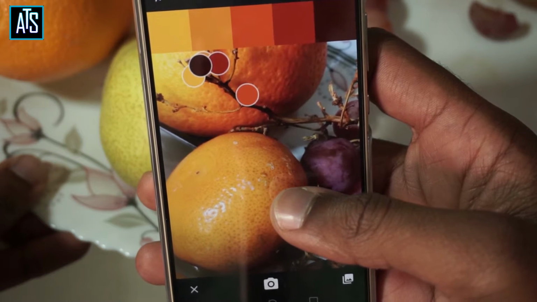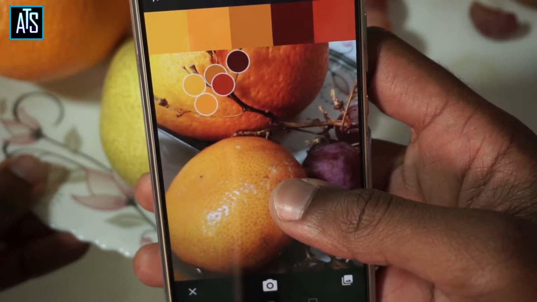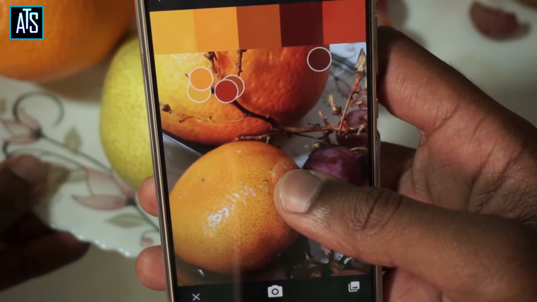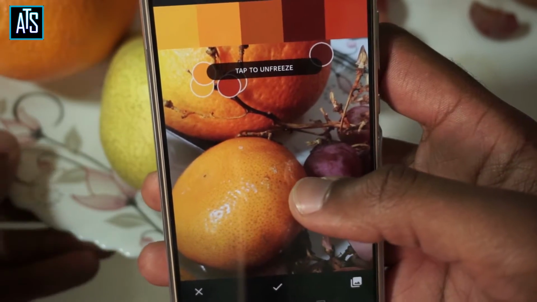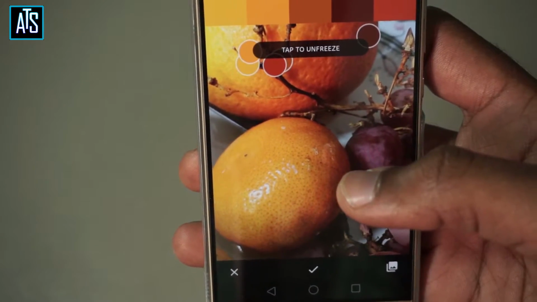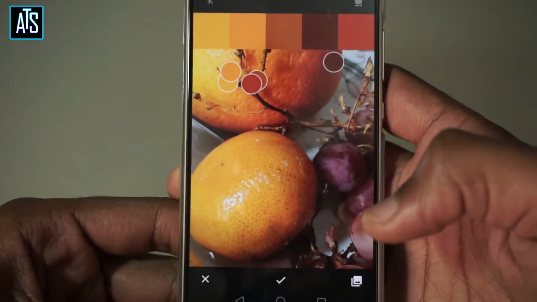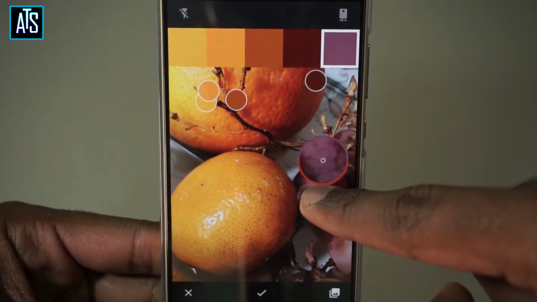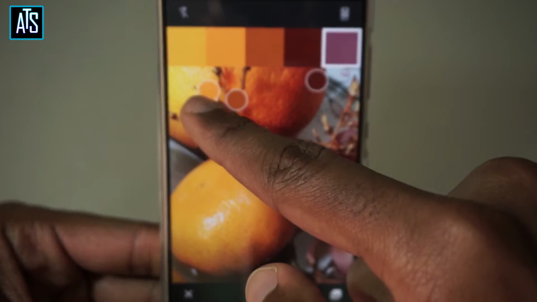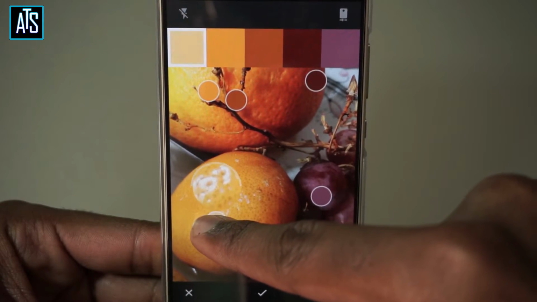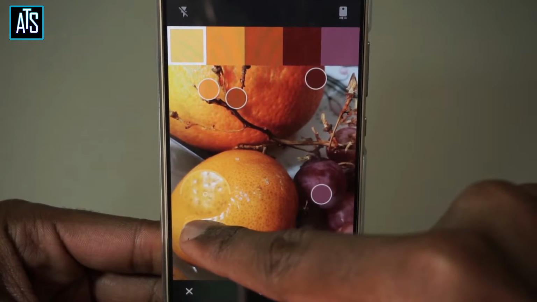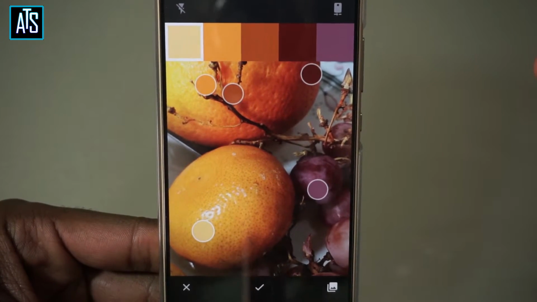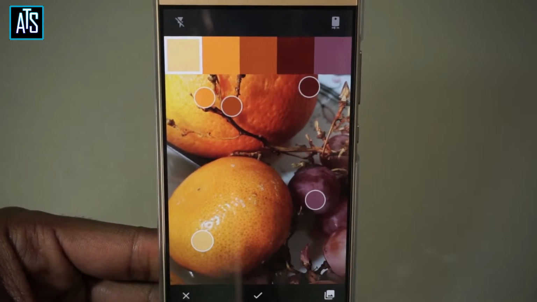And if you like a certain color, you could go ahead and tap on the screen and freeze it, or you could go in manually and select it. So I'm going to tap it, and it's frozen. So now I can move this fruit plate out, and then I can pick and choose the colors that I want. So we have an orange, and let's try to get a yellowish tone here. There we go. So now we have colors that we can use for a website,